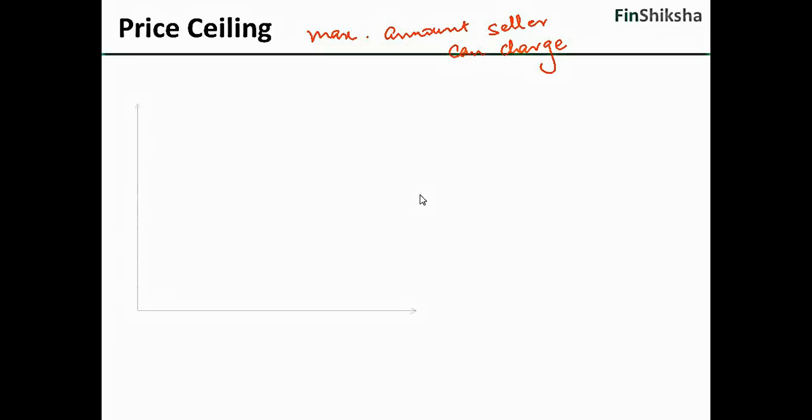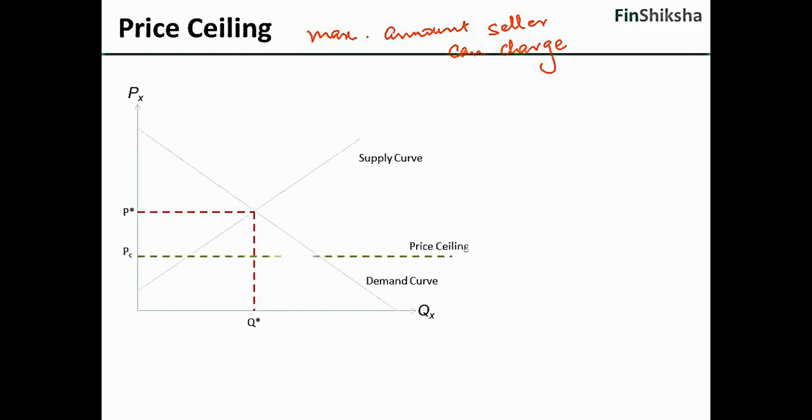So we have the curve, price and quantity. This is the demand curve. This is the supply curve. And this is the equilibrium point. Fine. So P star and Q star are the equilibrium price and quantity. Let's assume that the government now comes and puts a price ceiling, so that a seller cannot charge beyond a certain